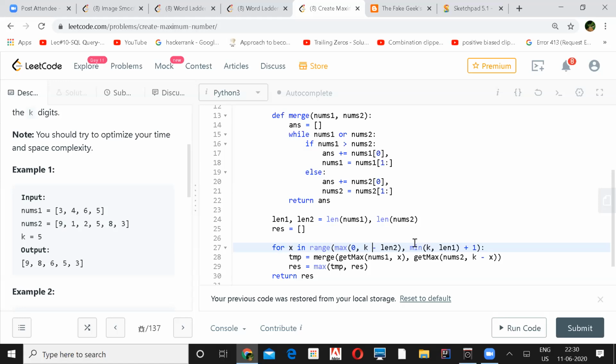But since we have to go only up to 5, so is it... Okay, here you are saying minimum of k and len. Why minimum? Yeah, but minimum makes sense there, because if your len is greater than len1, like in the first case, nums2, your length is 6. So you don't want to go to 6. You just want to go to 5. That is true, right? True.